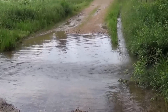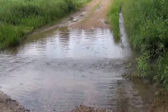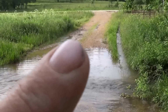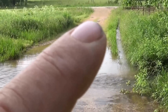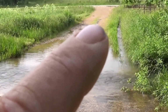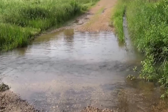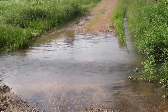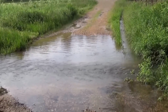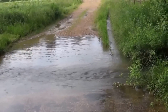And I was asked on one of the comments if we were going to raise the drive when we put the culverts in. We're not really going to raise the drive, but if you can see right there is where the water starts coming out of the cow pasture. The road's quite a bit higher than we are, but there's where the water starts coming out. From there back to where I'm standing over here, we're going to raise it up, and it's probably going to come up a foot or so, maybe a little more. It depends on what it takes when we put the culverts in. It's not going to be real high, but it'll be just enough so when the water comes off of the cow pasture,